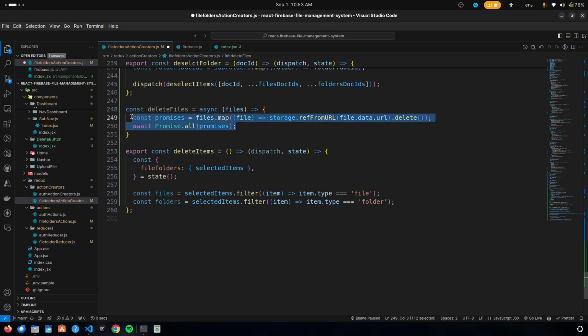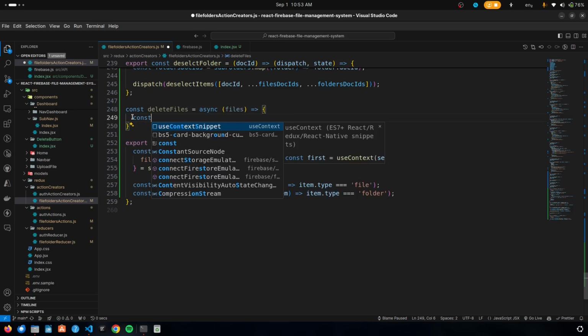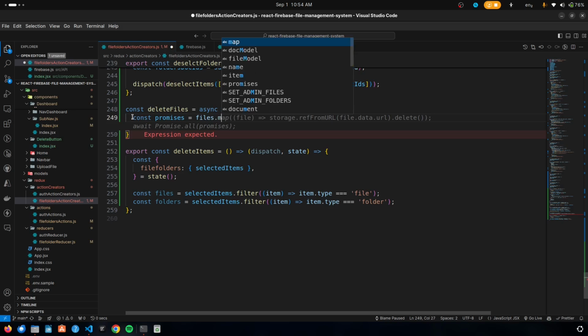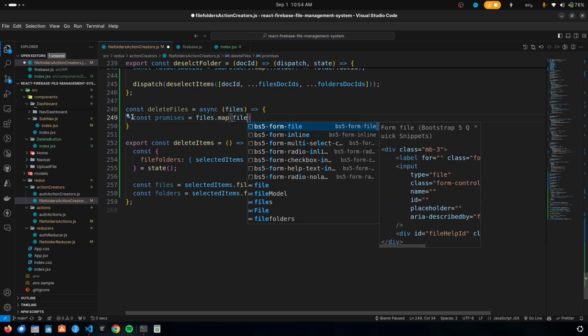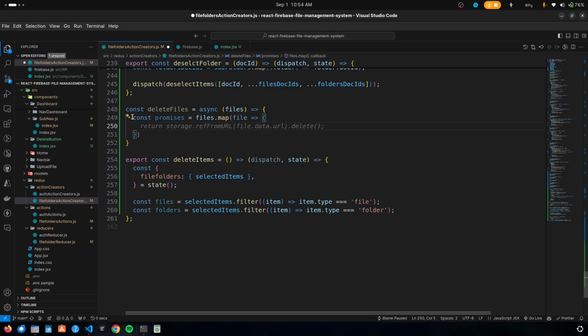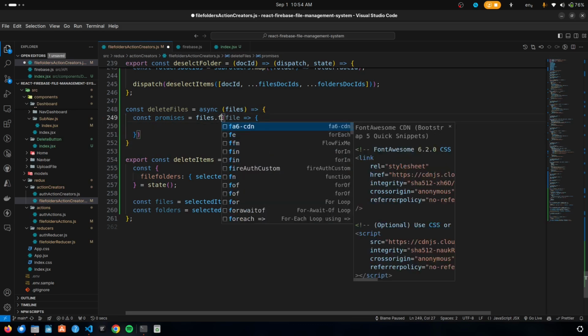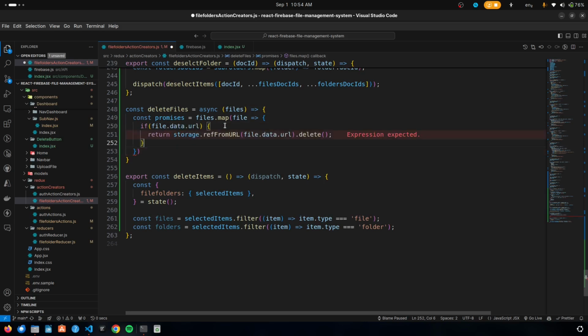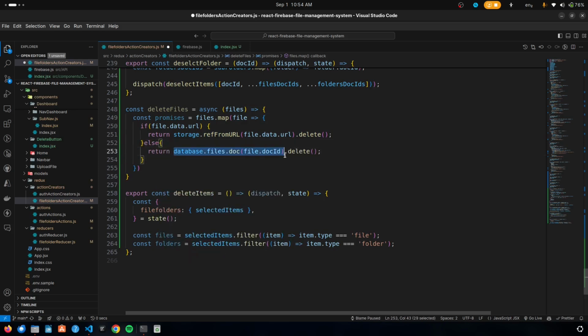And here what we are going to do, we are going to use the promise. So promises is equal to files.map, and here we will have that particular file. Let it be map only. And here we will check if file.data.url is there, then using the URL only we are going to delete this. Otherwise we are going to delete this with the document ID,